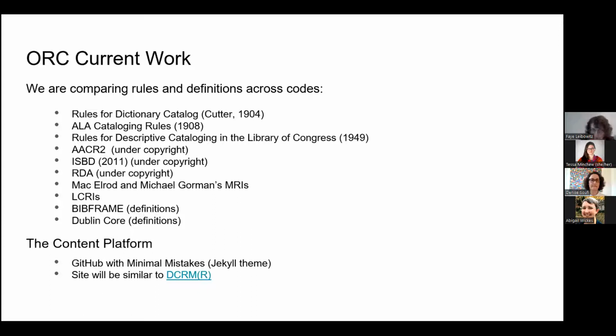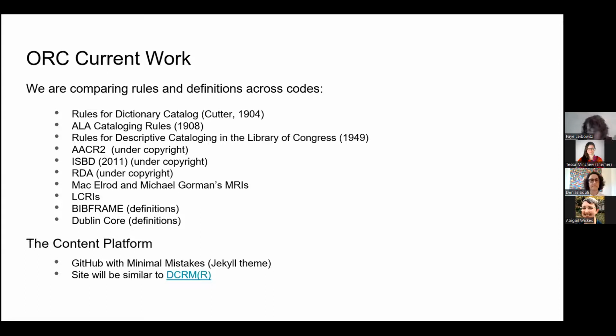The primary resources that we're looking at are rules for a dictionary catalog, ALA cataloging rules from 1908, rules for descriptive cataloging in the Library of Congress, 1949, AACR2, ISBD, RDA, Mac Elrod and Michael Gorman's MRIs, LCRIs, BibFrame definitions, and Dublin Core definitions. Our content platform is going to be GitHub with minimal mistakes.